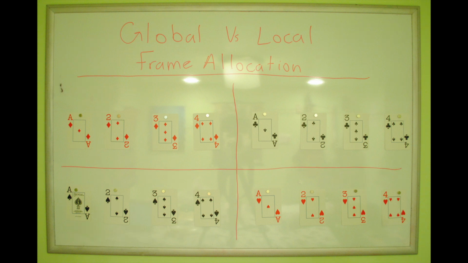In local allocation, each individual process is only allowed to select a victim frame from its own pool of frames, demonstrated here by each process being segmented from each other. They are not allowed to select a frame that is currently allocated to a different process, so in the event of a frame being needed, they must select one of their own. In this case, the club's process needs a frame, but all 4 of them are currently in use, so this means that it must select one of its own to kill and use. Here it makes its selection, which is the 3 of clubs, then loads the king of clubs, its new content,